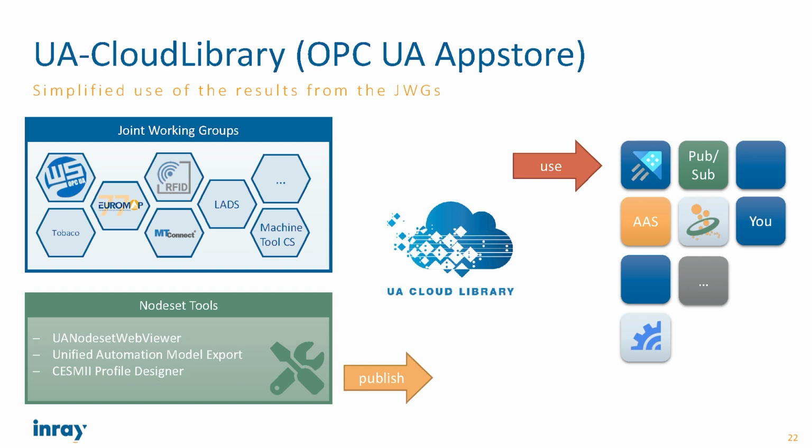They can use tools like the UA Node Set Web Viewer, the Unified Automation Model Export plugin, or the Sesame Profile Designer to publish the defined standardized node set information to the UA CloudLibrary, which in turn can be used by, for example, the Azure Data Explorer, the Asset Admin Shell, the OPC router, the Sesame Profile Designer, once again,